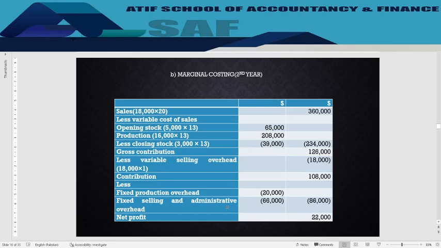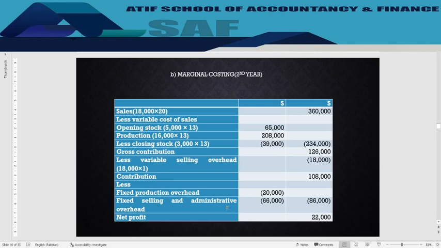This closing stock of 3,000 is calculated as we have 5,000 units in opening stock, produced 16,000 units, so we have 21,000 units available for sale, out of which we have sold 18,000 units. So there are 3,000 units remaining in the closing inventory. These are valued at $13 per unit of variable production cost, and we'll get the variable cost of sale of 2,34,000. Subtracting this from the sales, we'll get the gross contribution of 1,26,000